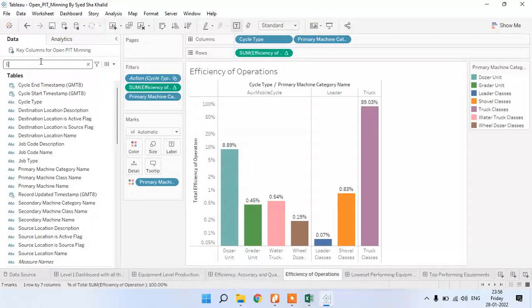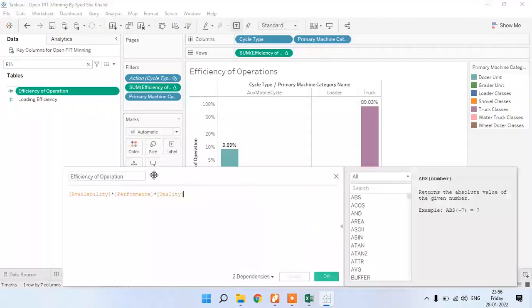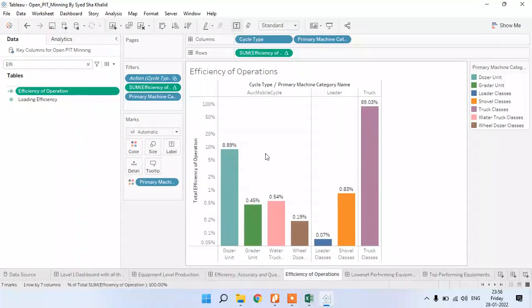Efficiency of operation, I have created it as a calculated field. That is nothing but I have multiplied these three: availability, performance, and quality. That's it. And I plotted it against all the cycles: the loader cycle, truck cycle, and then AUX mobile cycle. AUX mobile cycle is nothing but all the other equipment except the loader cycle and the truck cycle.